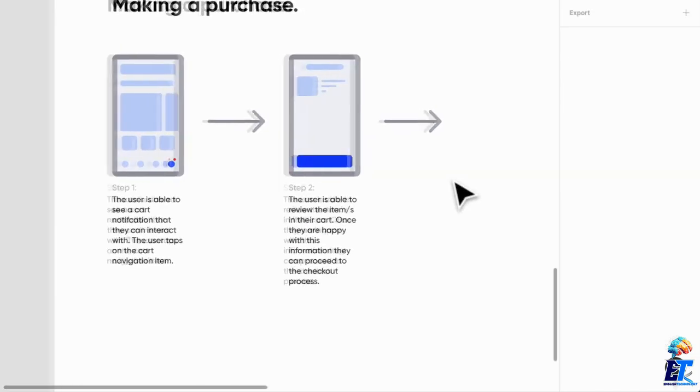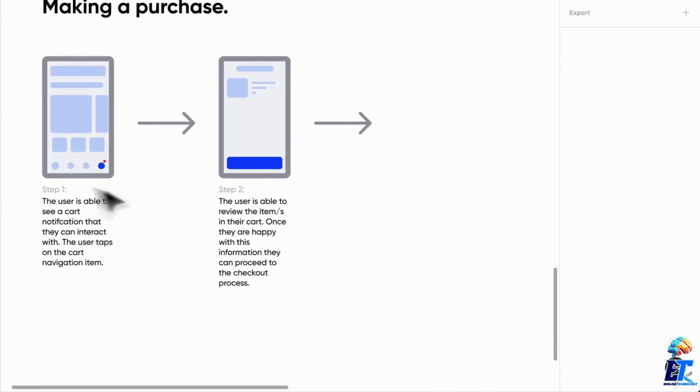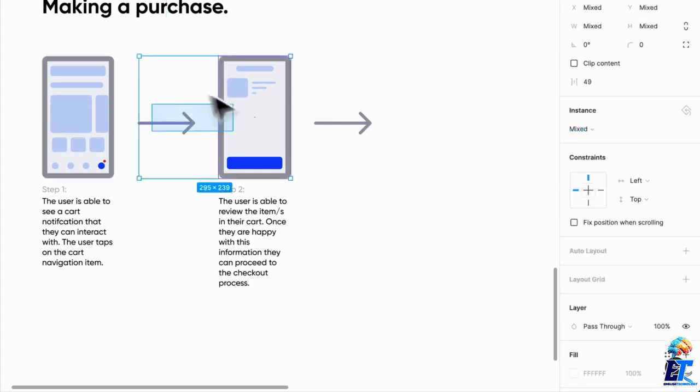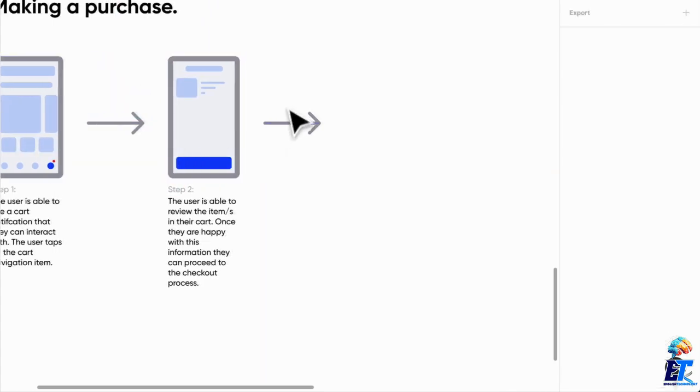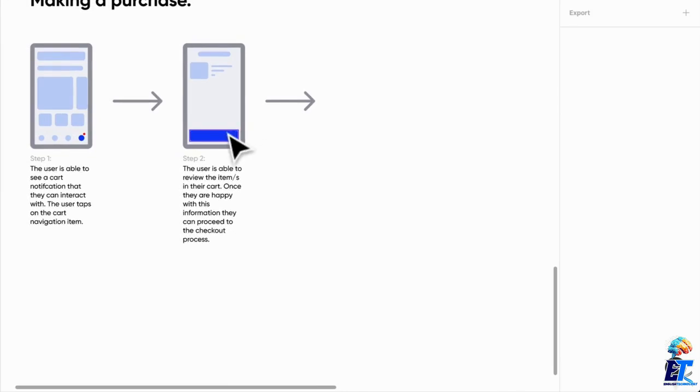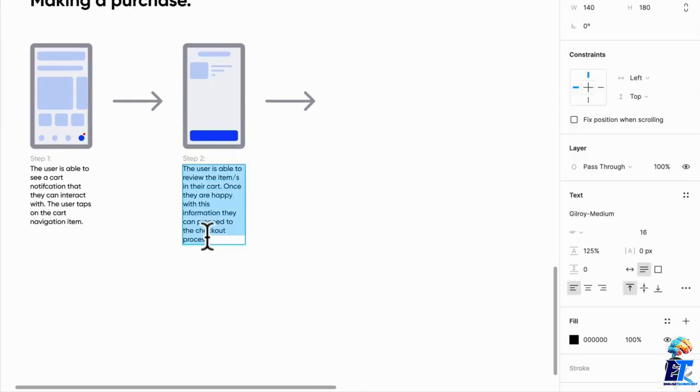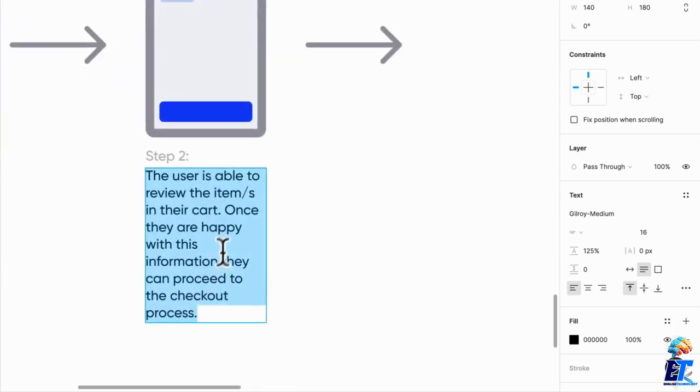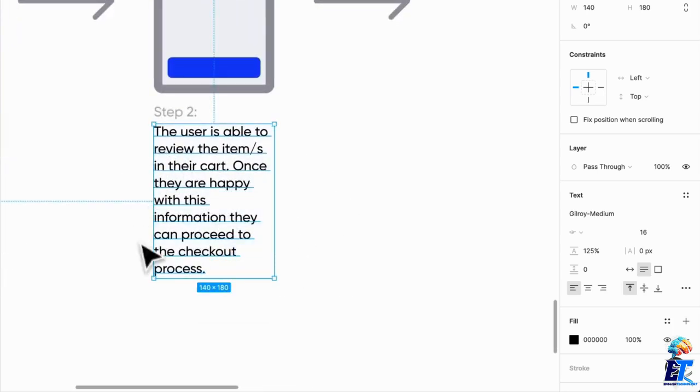Okay, that is perfect. So, step 1, cart notification nudges them. Step 2, they go into the cart screen. Now, step 3. So let's give a little more detail here. Once they are happy with this information, they can proceed to the checkout process by tapping